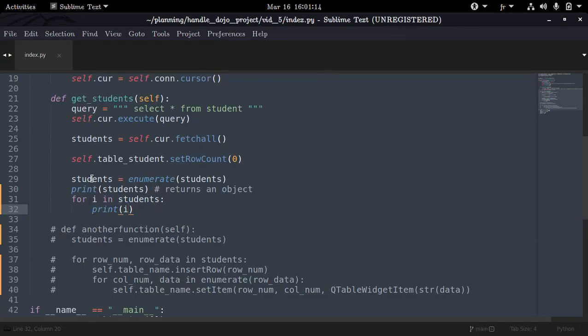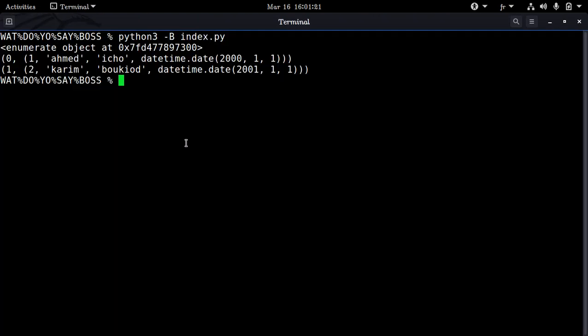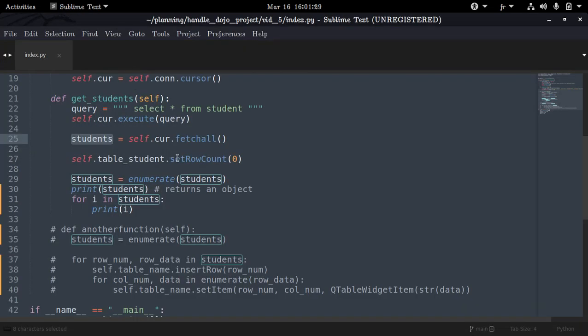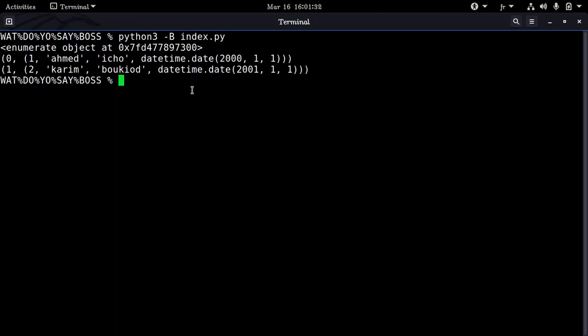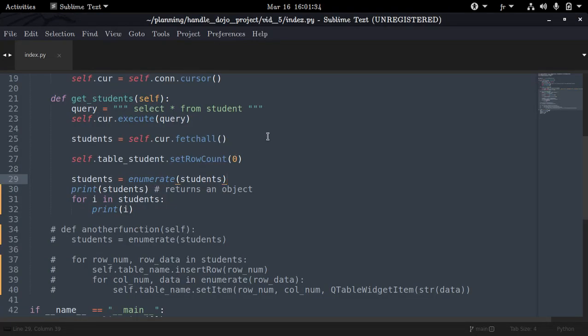So this student is what exactly? First of all, the student is the data that we have fetched from the database. So this actually can be 1, 2, 3 or a billion students, it doesn't matter, but enumerate or the database still is going to return the same thing. So first of all, let's talk about what the database returns. This fetch all returns all the students in a list, like we have seen before in the previous video. So this returns a list of students,